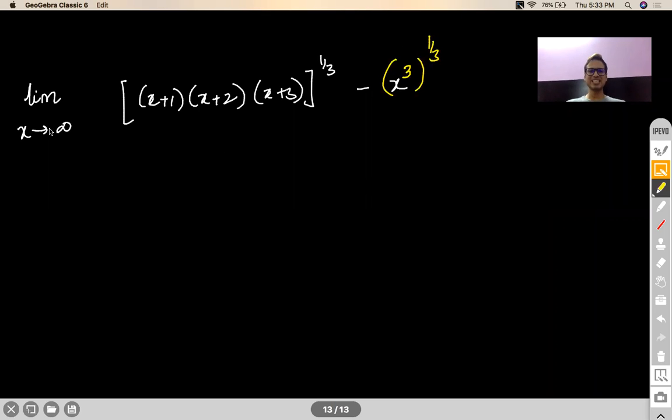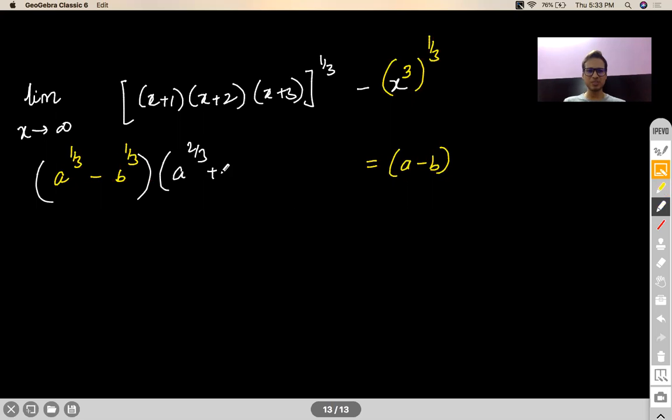Okay. So it is like I'm asking you, if you have to rationalize this term, rationalize means you have to get rid of these irrational terms, or you have to get rid of these radical powers. So what are you going to multiply it with? You are going to multiply it with a to the power 2/3, a to the power 1/3, b to the power 1/3, and b to the power 2/3. This is the rationalization factor.